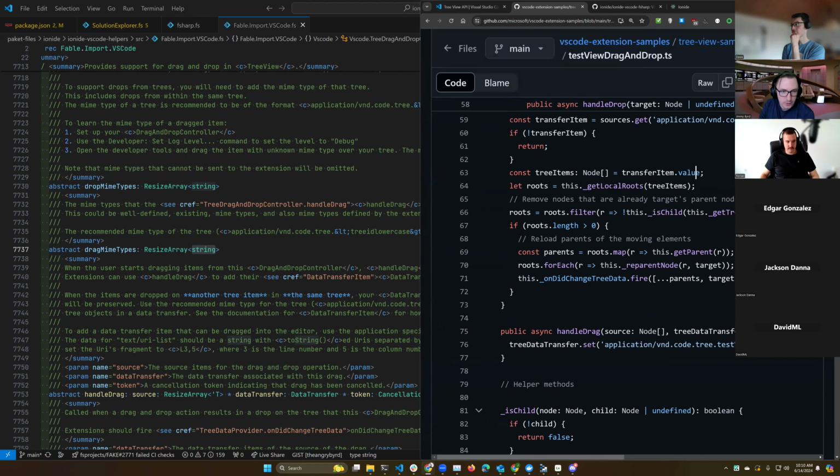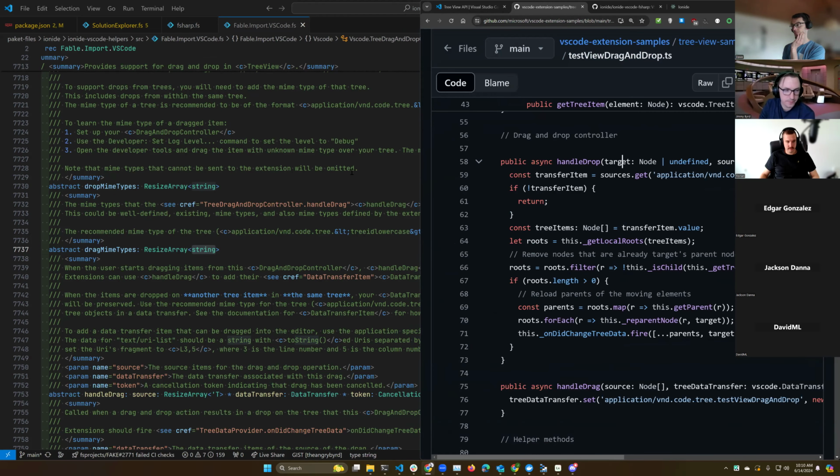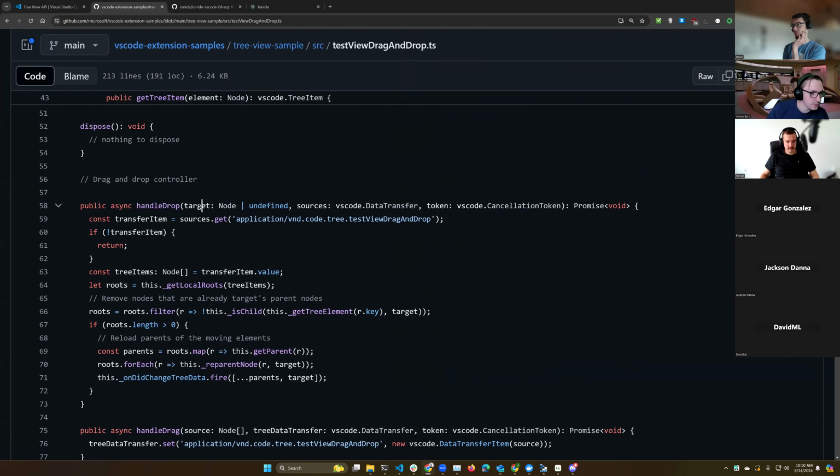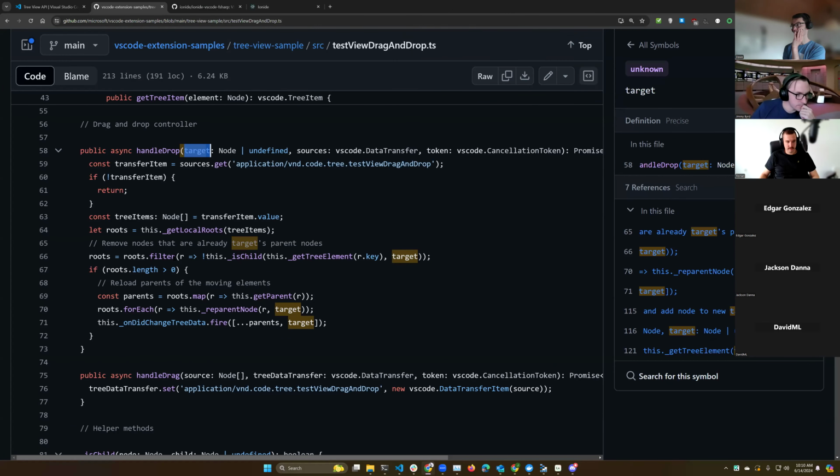They're getting local roots, removes nodes that are already filtered and target. So what do they do with the target? This looks like it drags into, but I'm not sure about how it handles things that are beside.